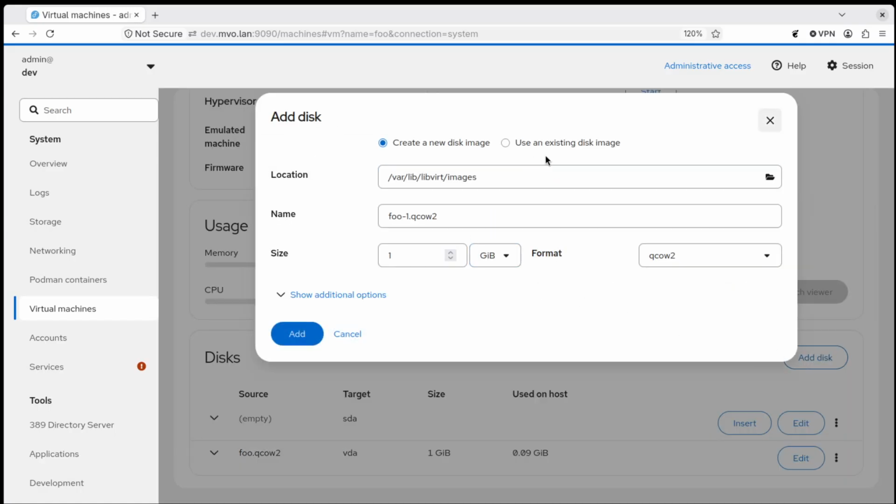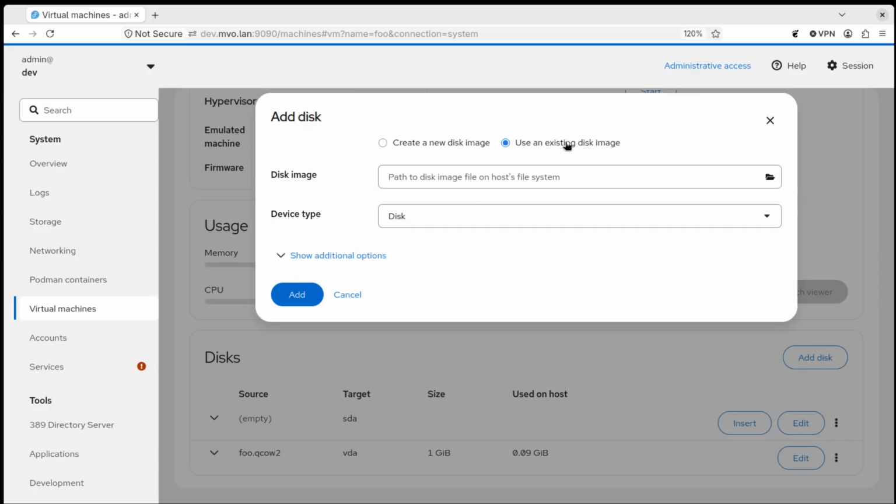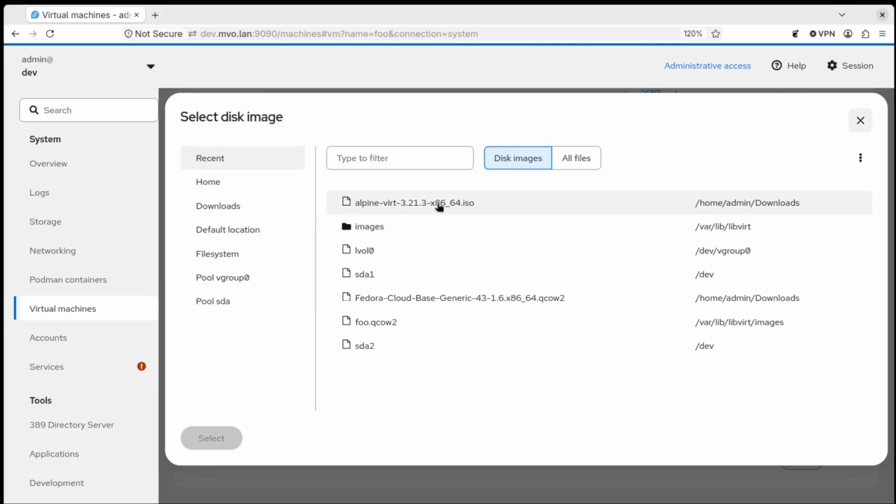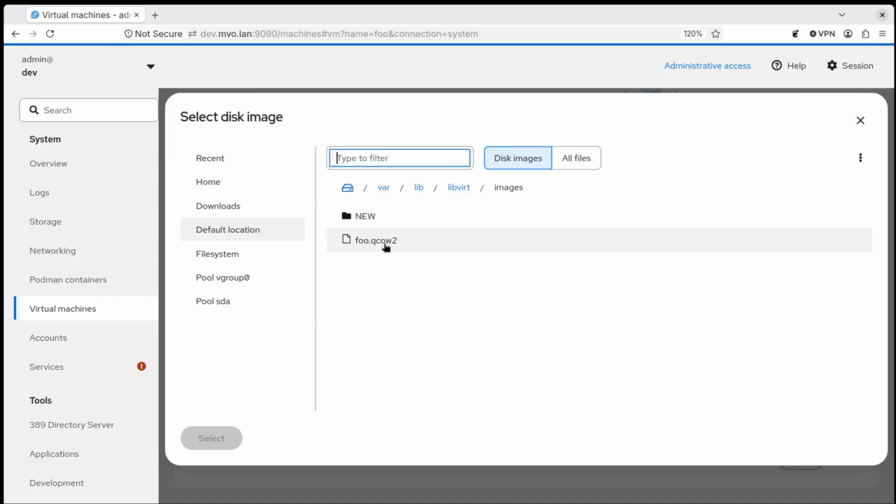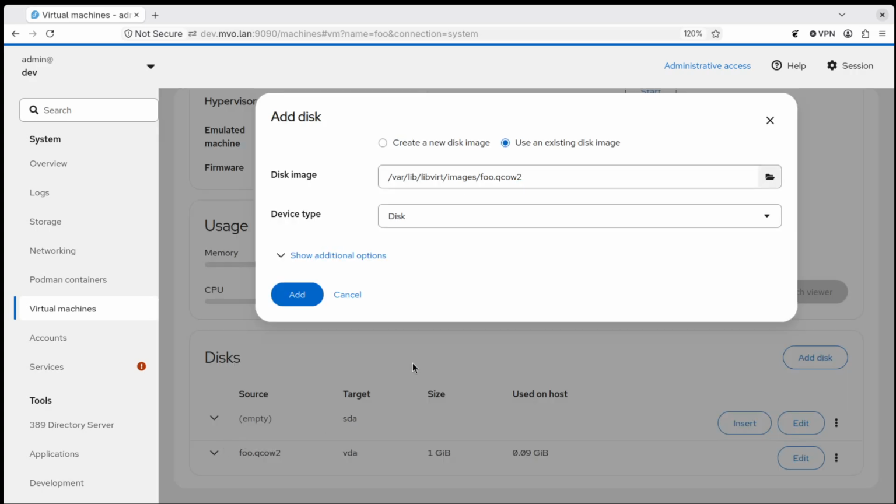And then the other choice is use an existing one. And now of course you have to make a choice, and this is now of course the new file chooser. This is all the stuff that I've done recently, so if you would be me, you would recognize all this. And let's say we want one in the default location, and this one looks good. If you want to use this now, and then if we select it,